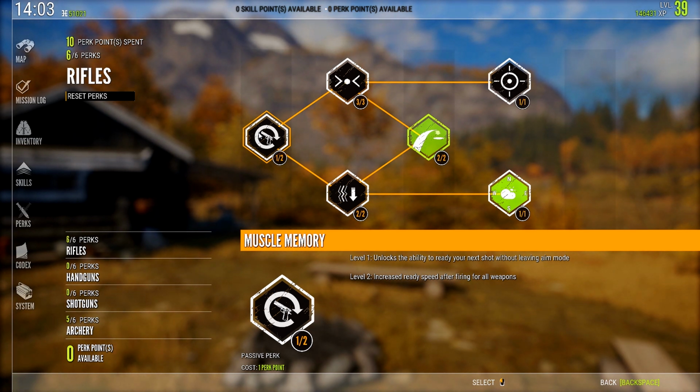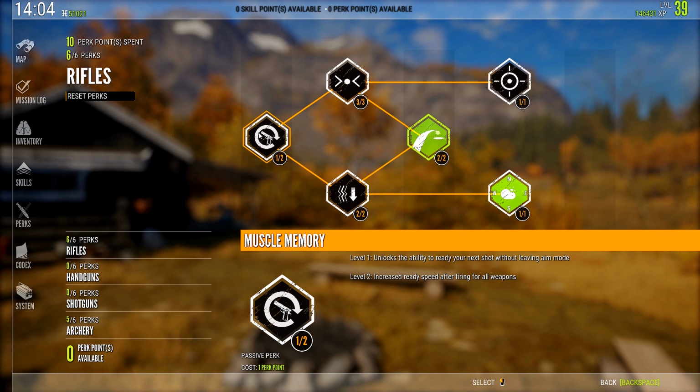after you shot it. Level 2 gives you an increased ready speed after firing for all weapons, so that means you can do a follow-up shot quicker if need be. I don't know exactly how much quicker. It's like a second and a half, roughly. It's not a huge amount, but it's enough that you can get up a follow-up shot before the animal runs